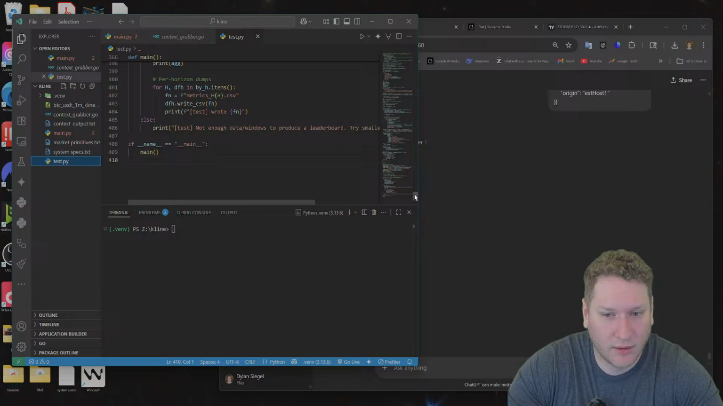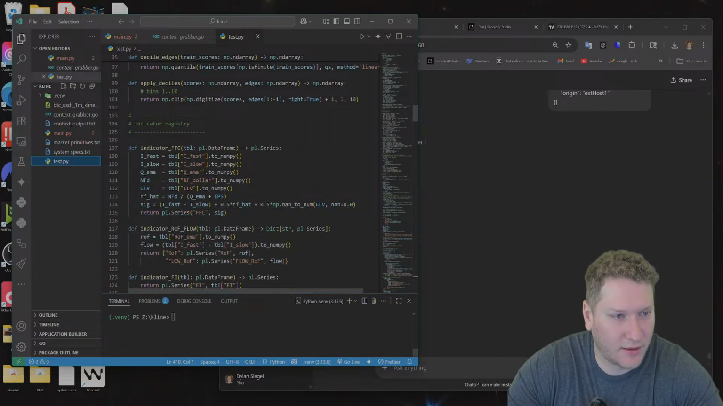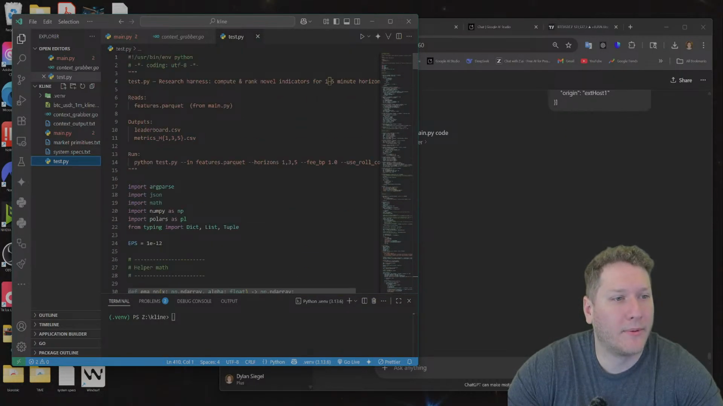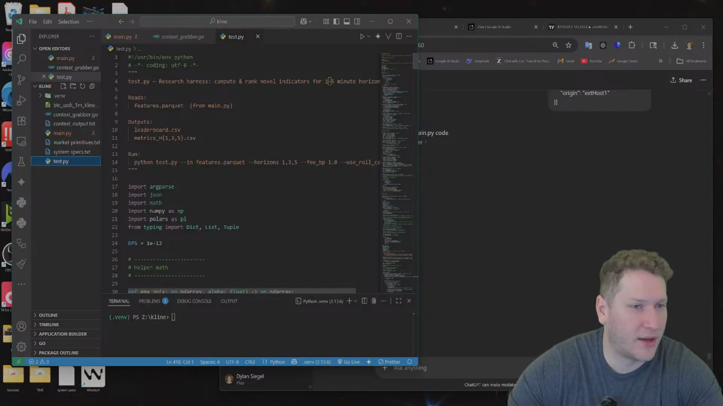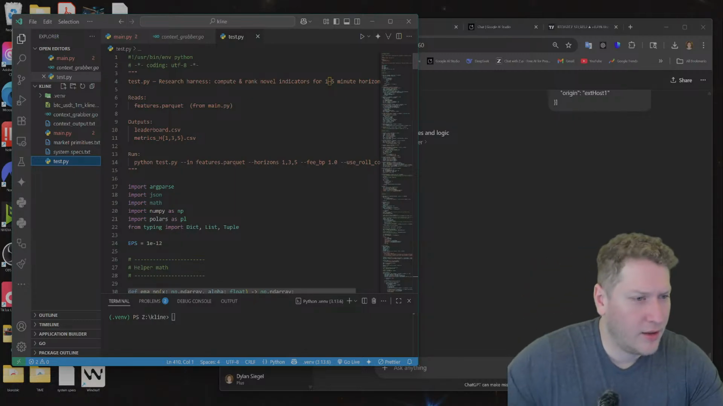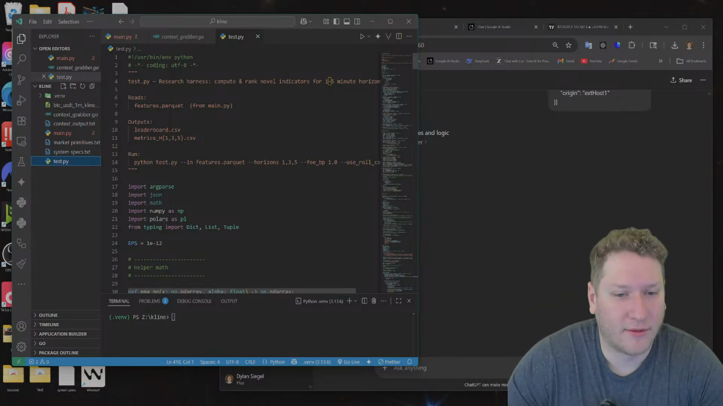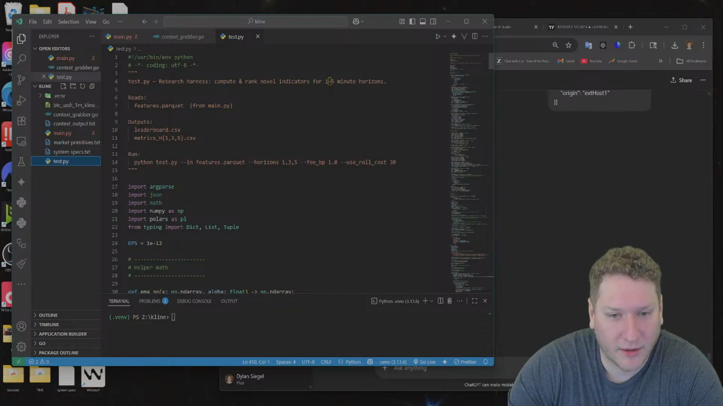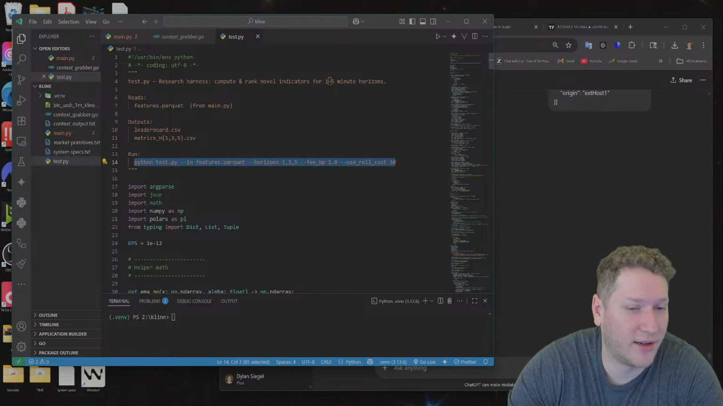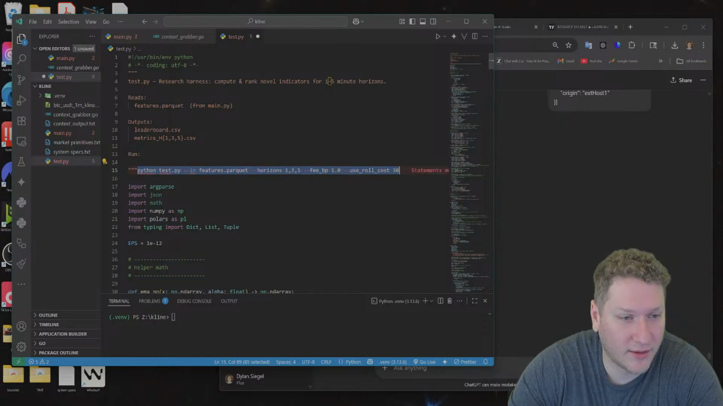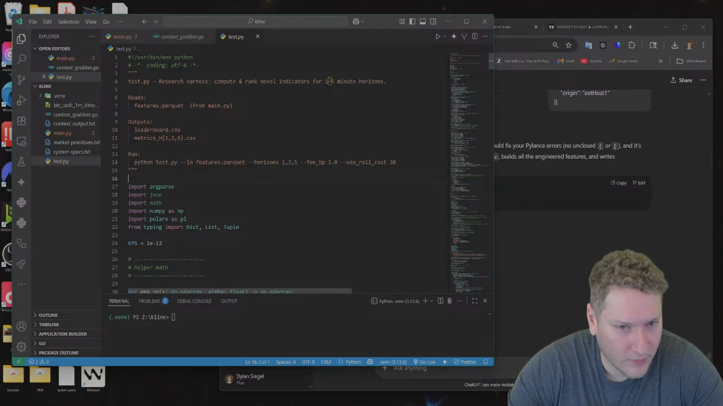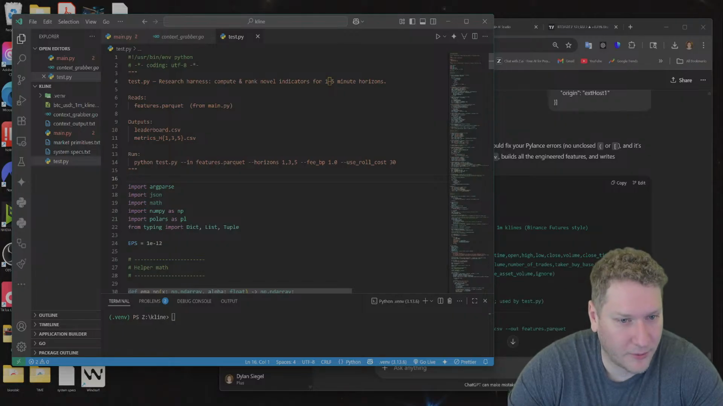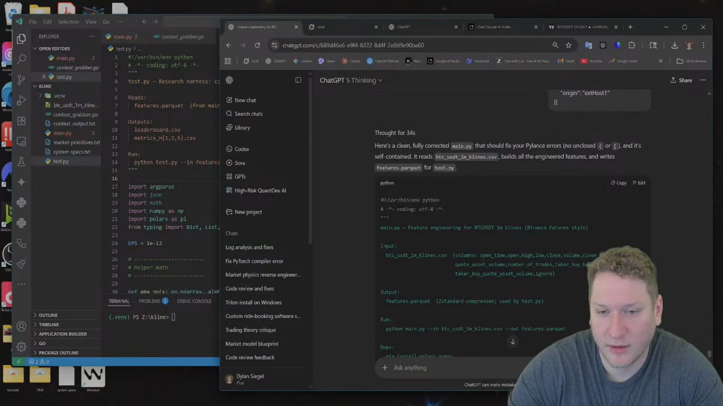Let's see, so we'll run tests and then what do we got? Okay, so main is going to create the features.parquet file. Oh, I see, and I can run it with different parameters here, like if I want to see 1 minute ahead, 3 minutes ahead, 5 minutes ahead. Fees, so we'll do one bit fee. I'm not sure what this roll cost is, but